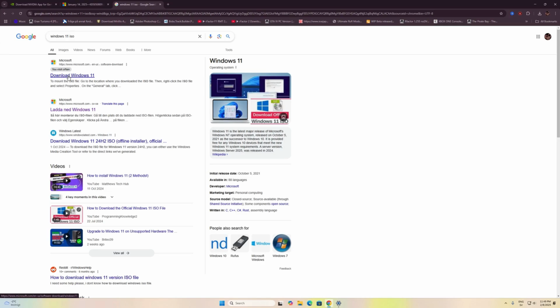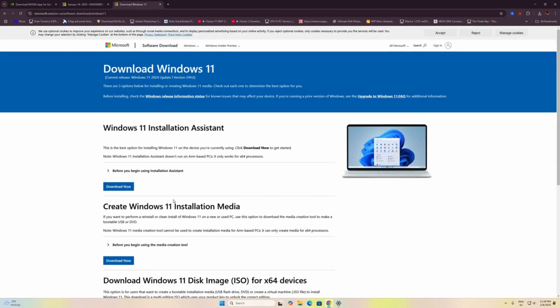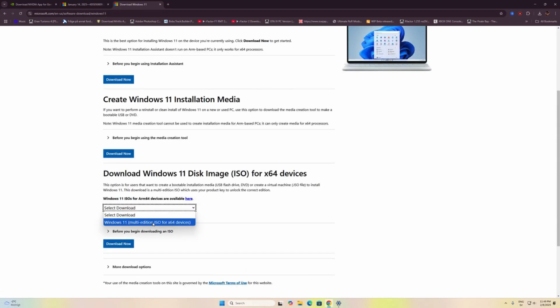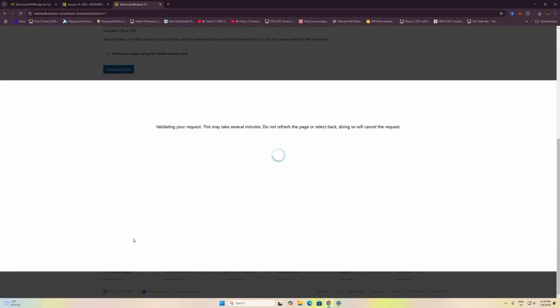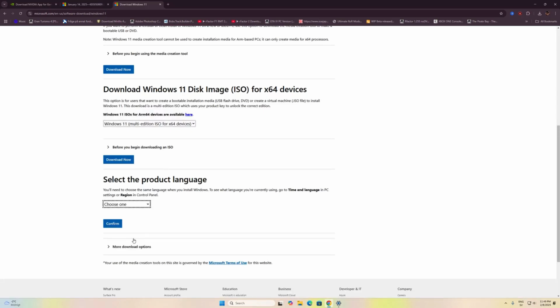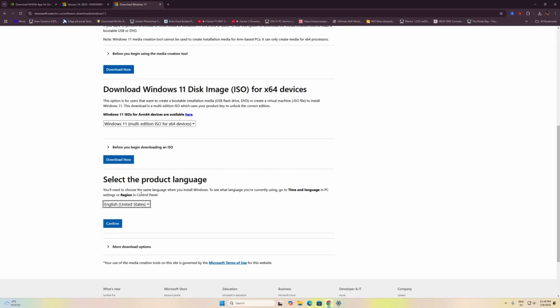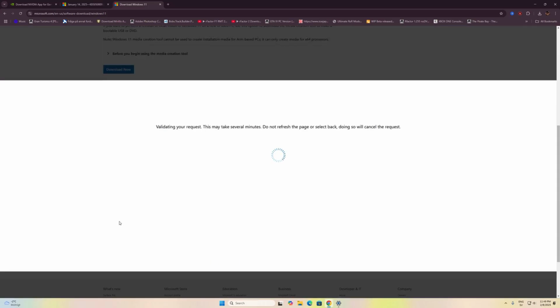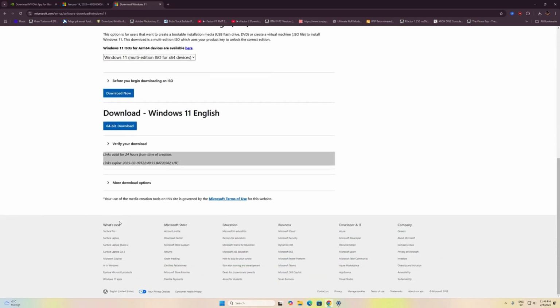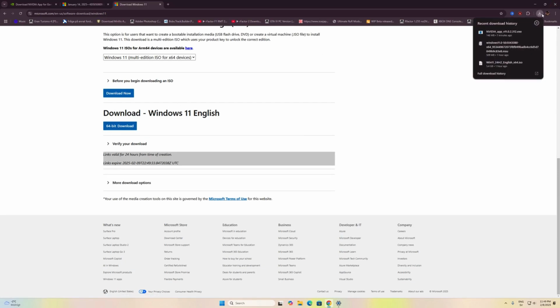and you go to this link and you select the ISO and you hit download, and then you choose your language. I chose English US, and then you download the 64-bit version, and then you should have an ISO file which looks like this, and then